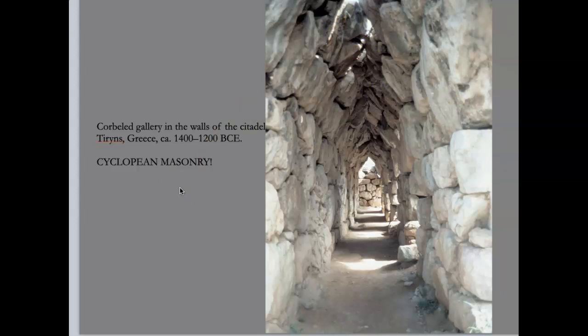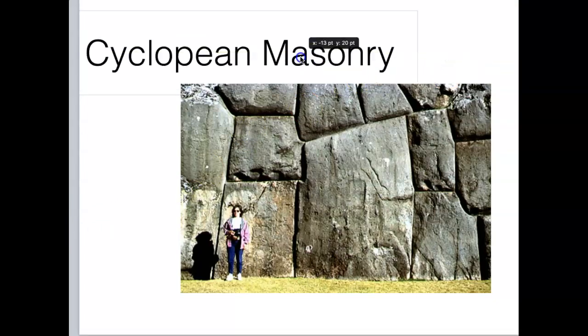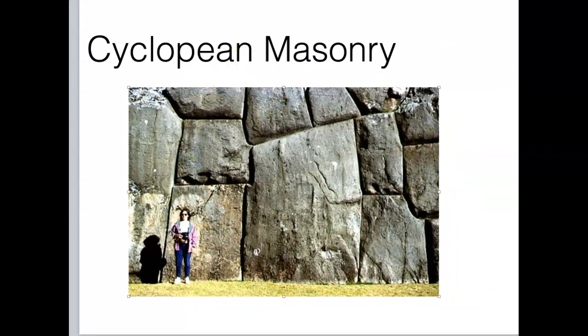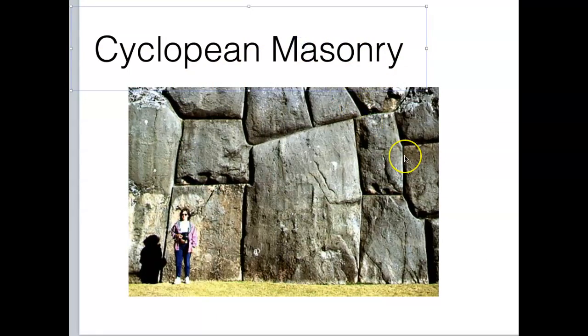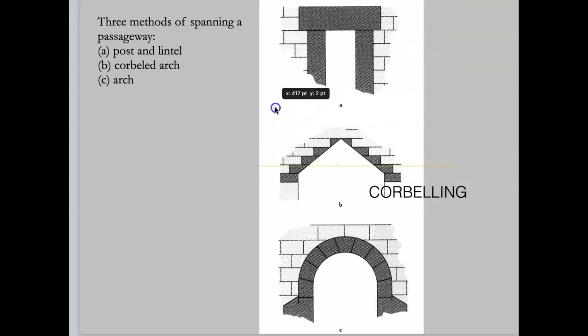The stones were so big and so large that it got this nickname Cyclopean masonry. And for those of you who never heard of Cyclops, he was a legendary giant, a giant with one eye from ancient Greek culture and ancient Greek mythology. So let's look at this because this is really kind of important. And I want to just talk about 3 different ways to create an opening, because this is kind of important to where we're going this semester.